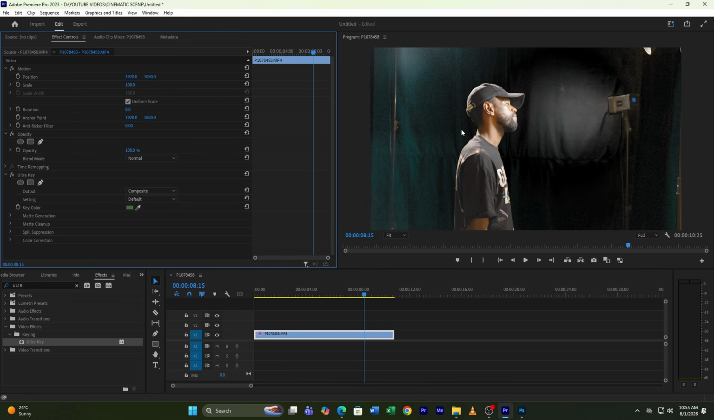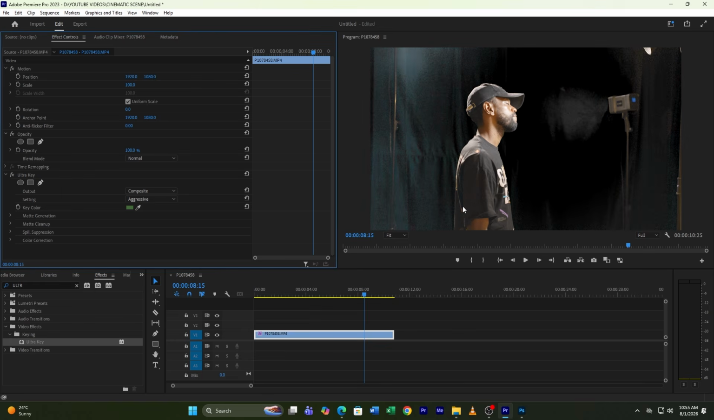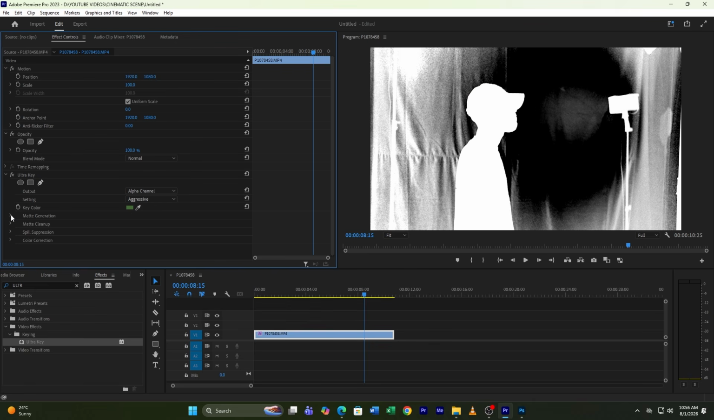Okay guys, you see it's not removed well. So what am I going to do? Just come up here to this composite and click on this alpha channel. But before you click on the alpha channel, guys, you can come up here to this default and check out the aggressive setting to see if the green screen is removed well. Not good. Okay, now come up here to composite, click on alpha channel and open up